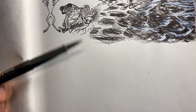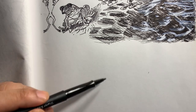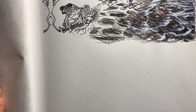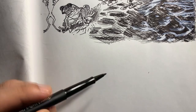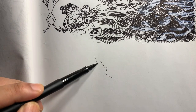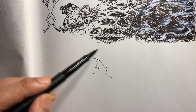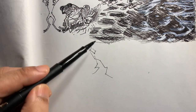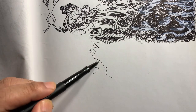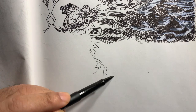Sometimes, so I don't draw fire all the time, so just to get loosened up, I'm going to look at a picture and just kind of warm up, basically. And I thought it was not only fitting to